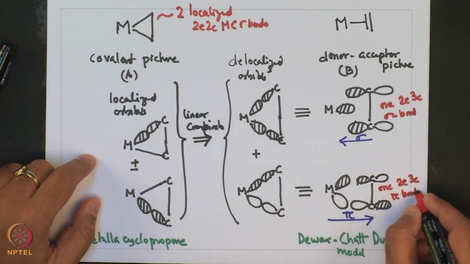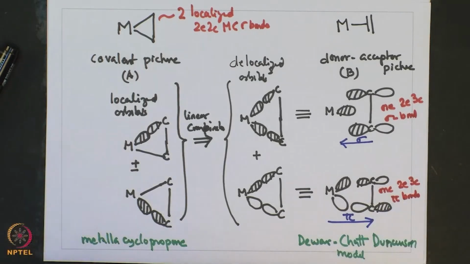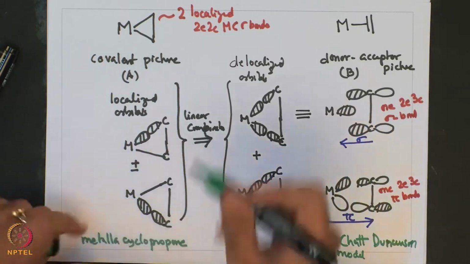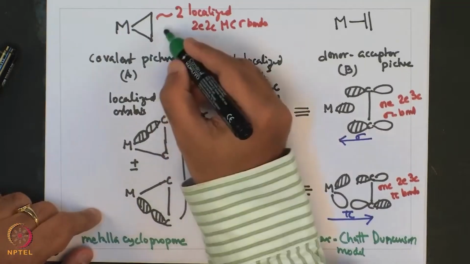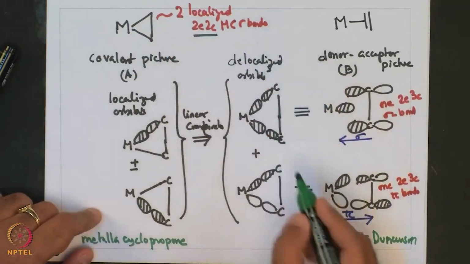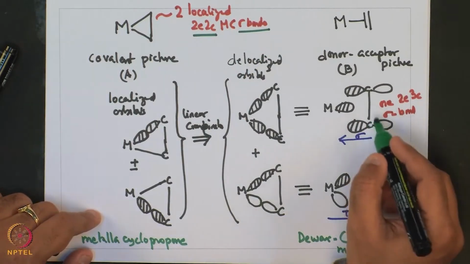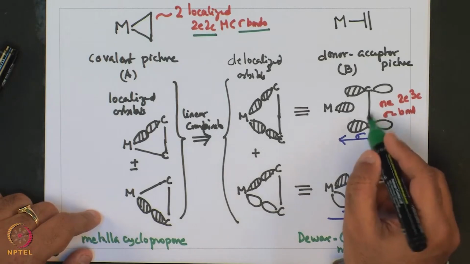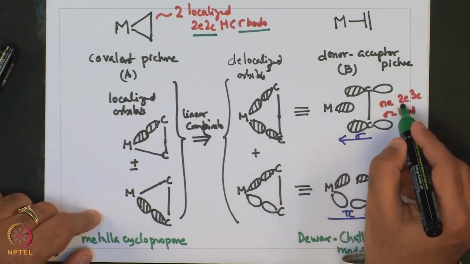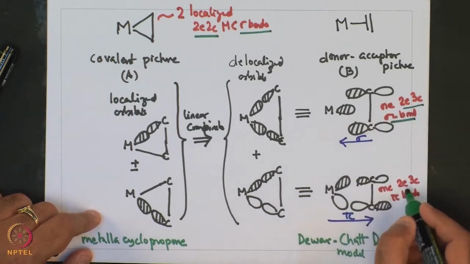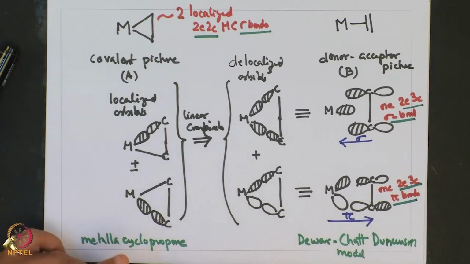another one 2E 3C pi bond. So, what we see as the difference is that over here there are two localized sigma bonds which are classical 2 electron 2 centered. On the other hand, for the donor acceptor theory, there is one 2 electron 3 centered sigma bond and another 2 electron 3 centered pi bond. Another interesting difference between the two is